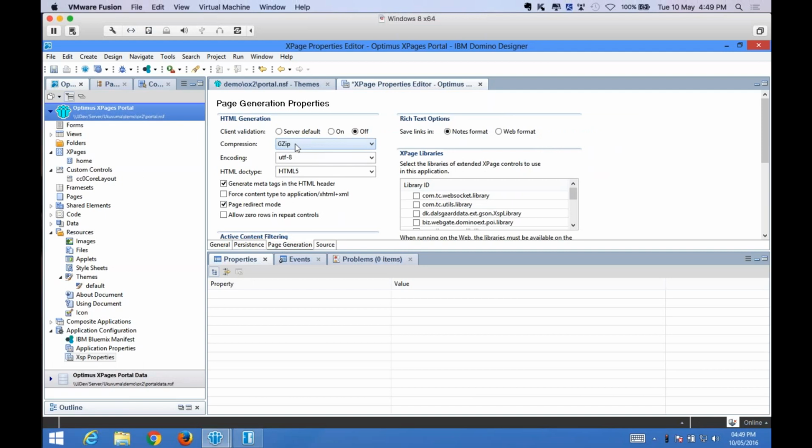That unless we do require more than 1 page to be in memory, of which we would go and change it. I have it in default, I always enable this anyways. You'll see that the client validation is off, the encoding is UTF-8 and the doc type is HTML5. These are great settings to add to your web pages when you're building modern HTML5 applications as well as Bootstrap